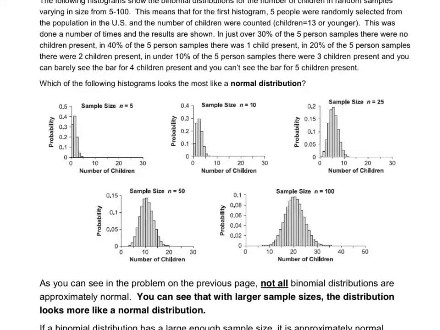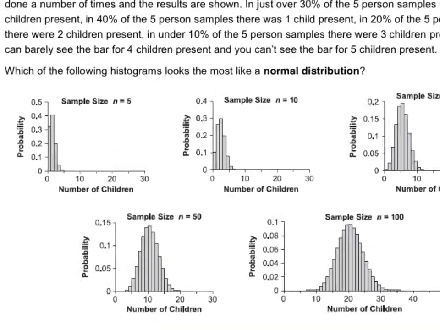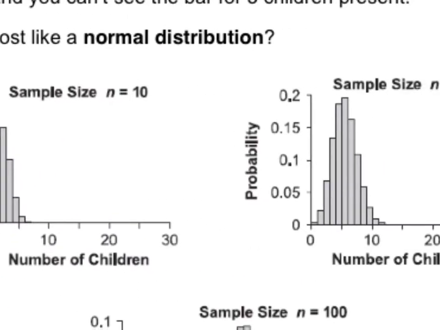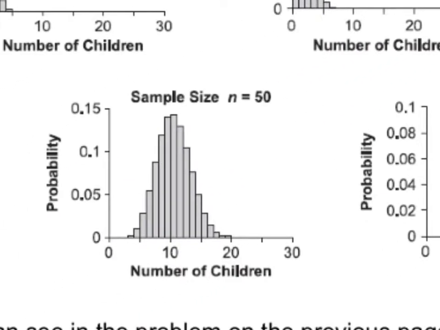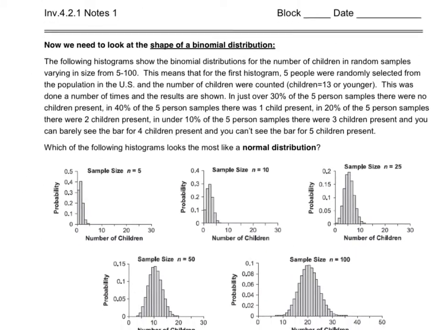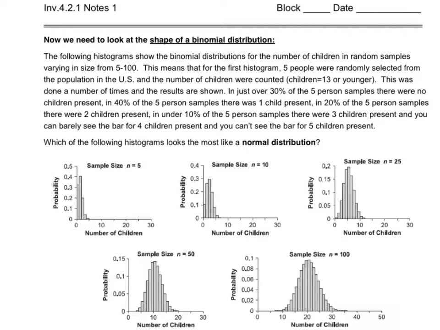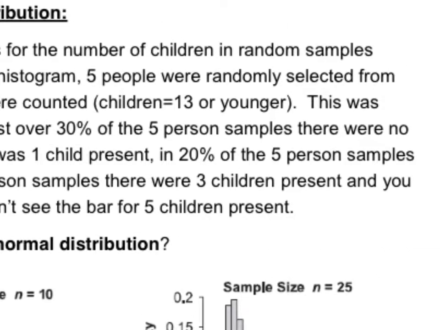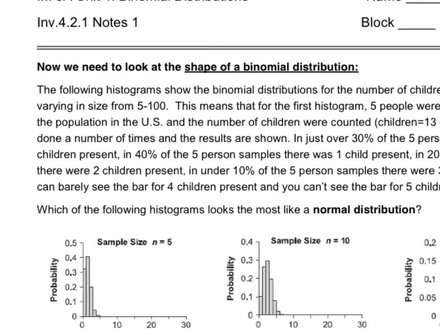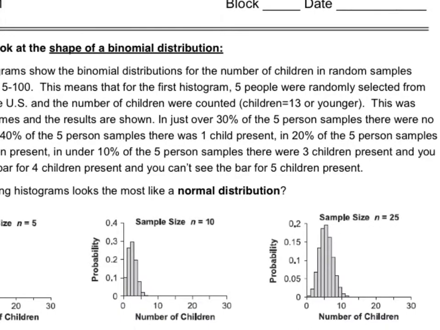of these, the number of people that we were randomly selecting kept on going up. So once you're looking at these here, you can see that we look at 5 people, and then we go to 10, and then it goes to 25, and then we look at what if we sampled 50 people, and then what if we sampled 100 people. So what this study was doing here is, suppose we were looking at 5 people randomly selected, the population in the U.S., the number of children were counted, and I guess they're defining children as 13 years